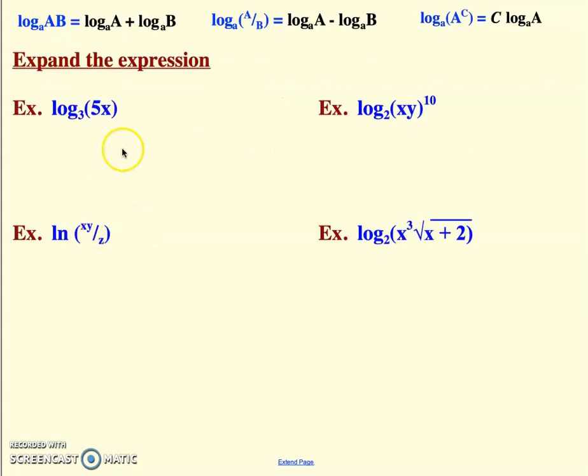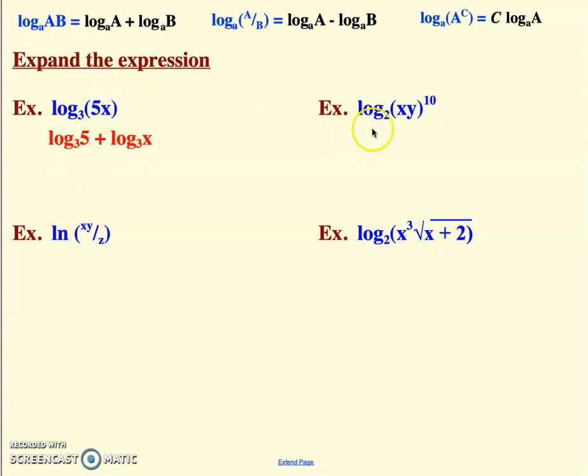Okay, let's do expansion. So expansion is really just practice. It's not so much about getting a number answer, it's just about can you do it, right? So expansion means break it apart. So as you expand, you want to look through these different expressions and try to find one of 3 things, or all of them, or a pair of them, or whatever. But is there a multiplication, is there a division, or is there an exponent? So clearly right in here, I see a multiplication. So there's my expansion. Log base 3 of 5 plus,